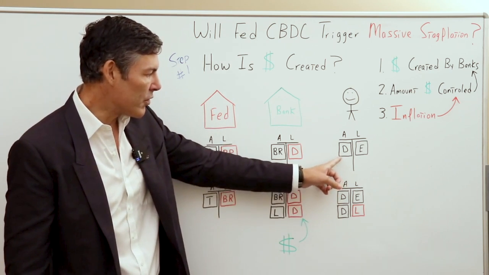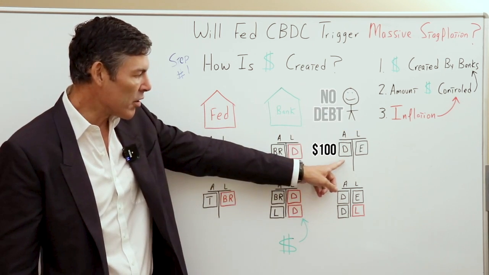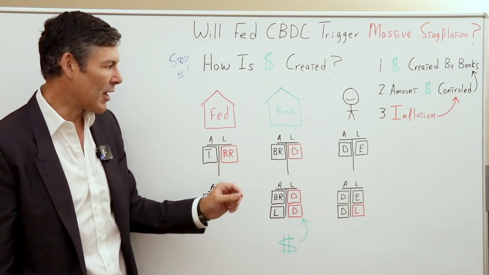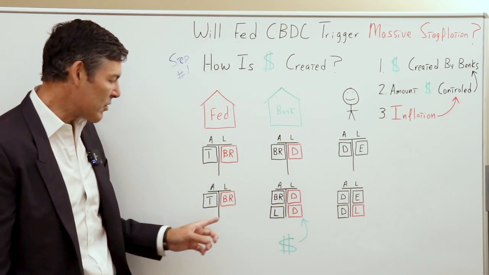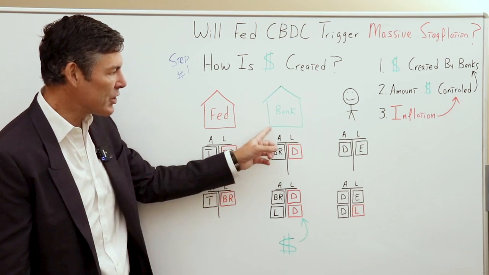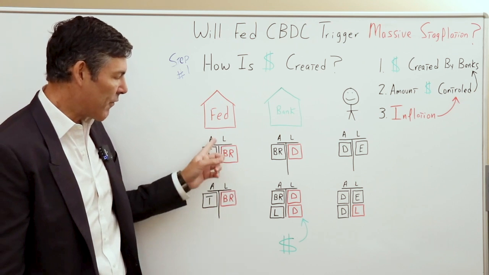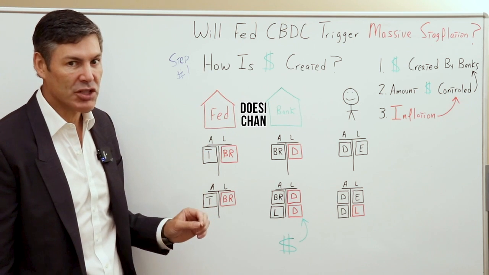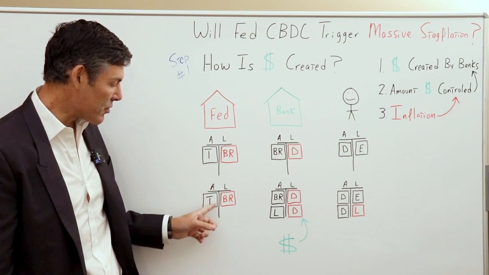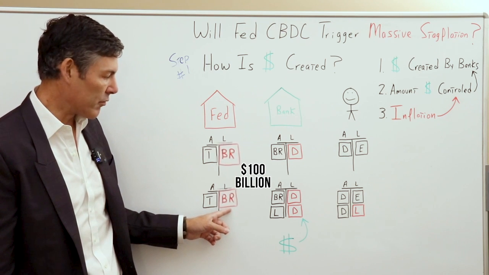So we'll assume for this first example that the average Joe has no debt. So the $100 asset, the liability would be equity. Equity is a liability on a balance sheet. Okay, so now let's move over to example number 2, where the bank actually gives a loan to the average Joe. The balance sheet for the Fed or the central bank doesn't change at all. The exact same amount of assets, in this case treasuries, the exact same $100 billion worth of bank reserves.